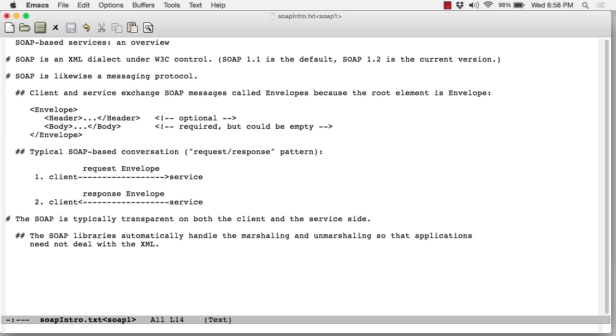SOAP-based conversations look like HTTP conversations for the most part. The conversational pattern is typically request-response. So, a client begins the conversation by posting a request to the service. The body of that request is a SOAP envelope, and then the service responds to the client with another envelope,